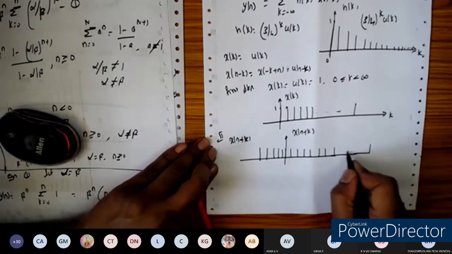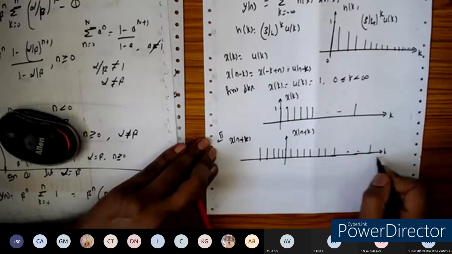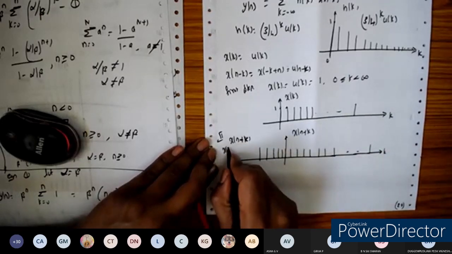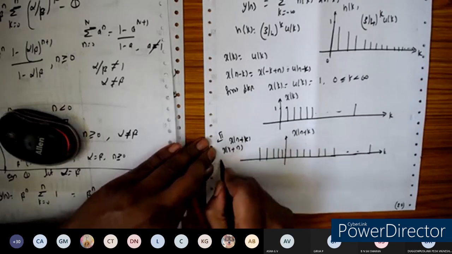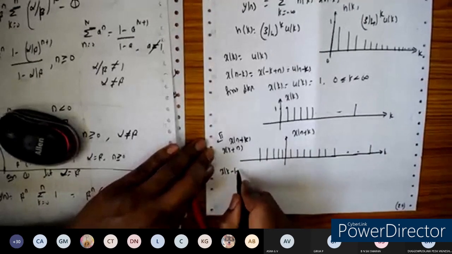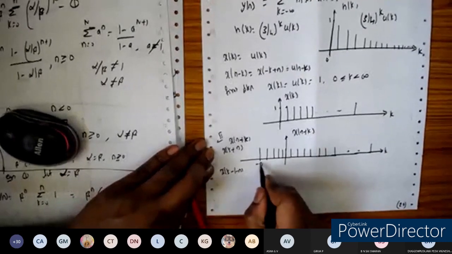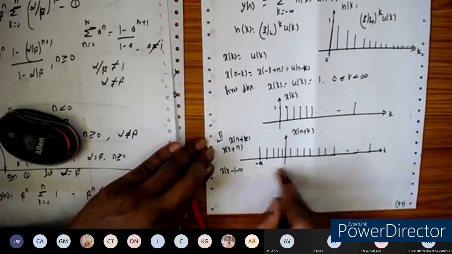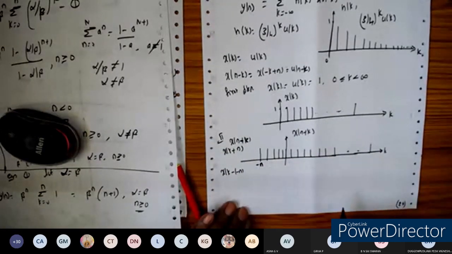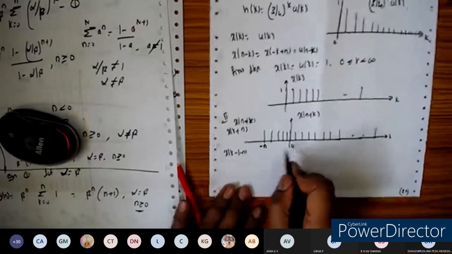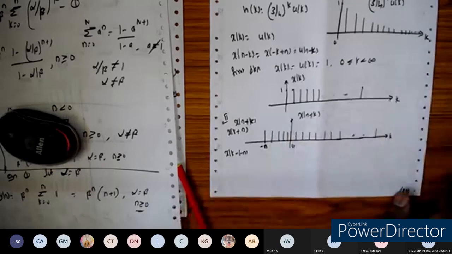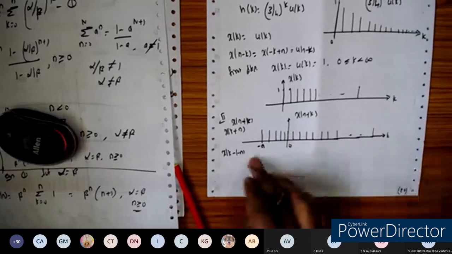So like this. This is k. n units is nothing but x of k plus n. K plus n we can write as x of k minus of minus n here. So it will be shifted like this. The starting location is minus n. Like this, it will be shifted here. In order to represent it graphically, this is minus n. Even if you forget the minus also, no problem, not an issue at all. So you can write like this here.